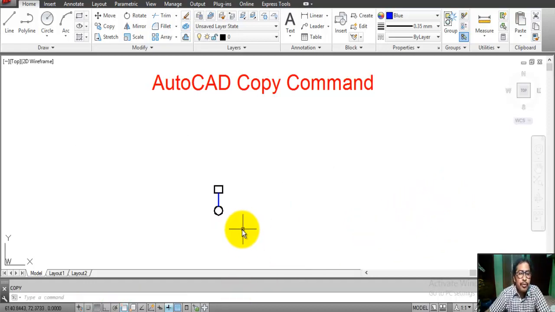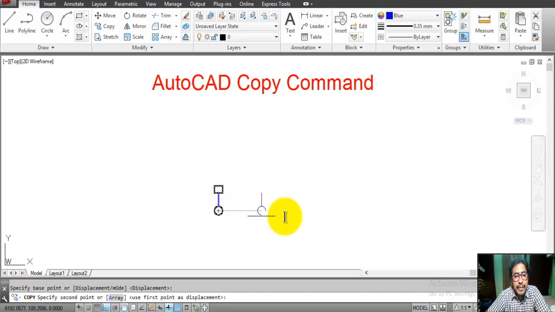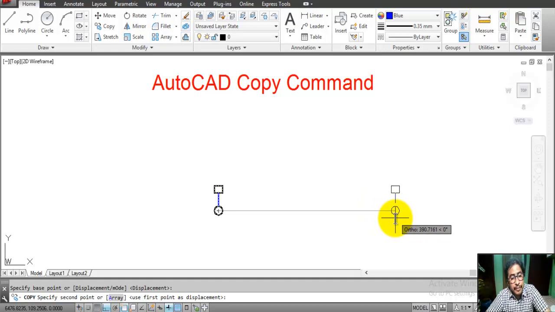Okay, now again we type the copy command shortcut CO, enter. Now ortho is on. Select object, enter. Now specify base point, we select the base point, this is the center. Now ortho is on, we just put the distance in this direction, this is 250,